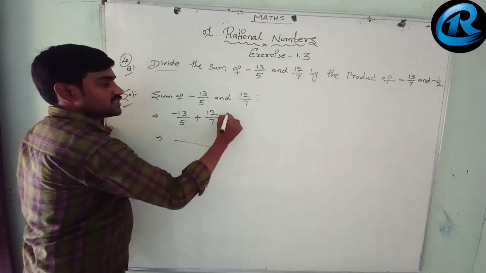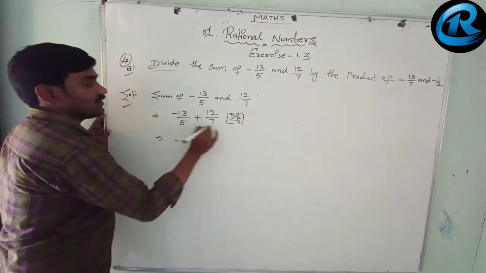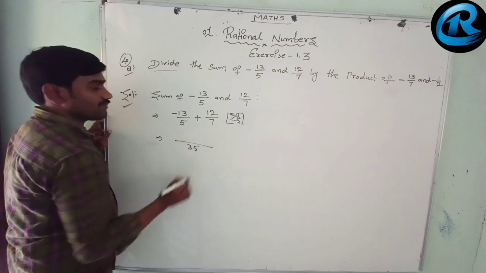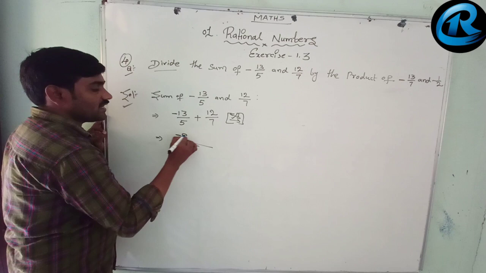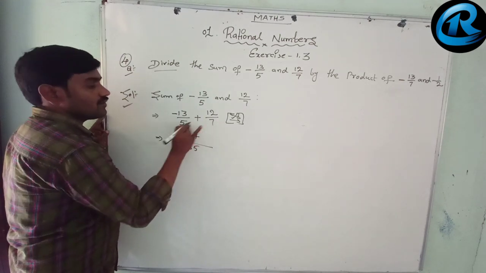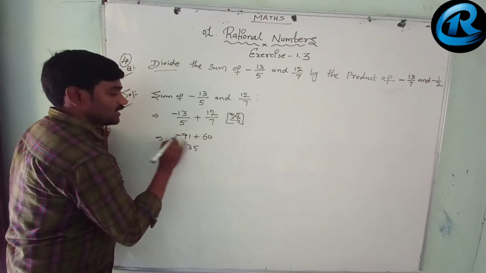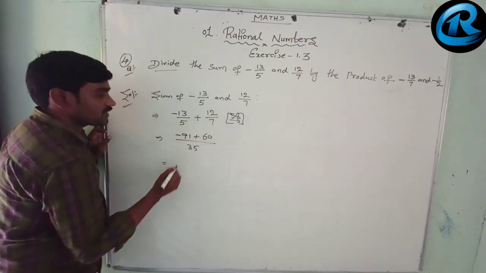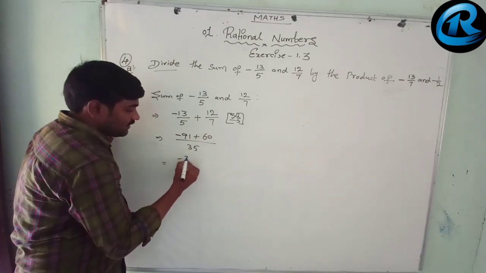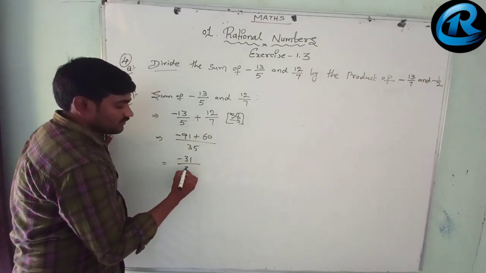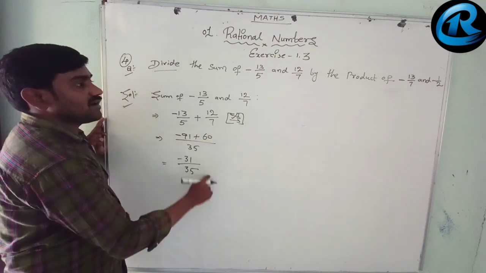We do the cross multiplication so that you can get the sum. sum అంటే మనకు తెలుసు కదా, యాడ్ చేయడం. 5 7s are 35. So 7 into 13, 13 7s are 91. So minus 91 plus 5 12s are 12 5s are 60. అయిపోయిందా? ఇలా రాస్తాం. So now you subtract this. 60 minus 91 is minus 31 by 35. Minus 31 by 35. What is this? Is the sum of this.